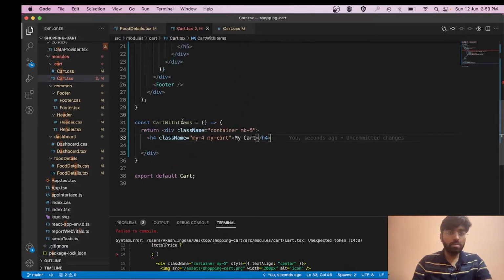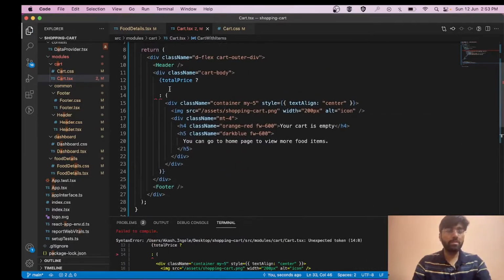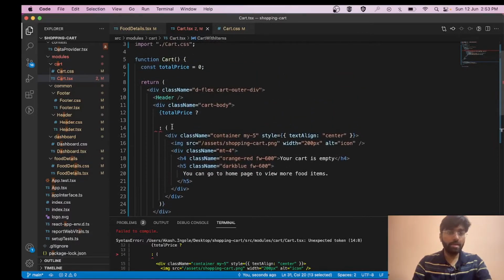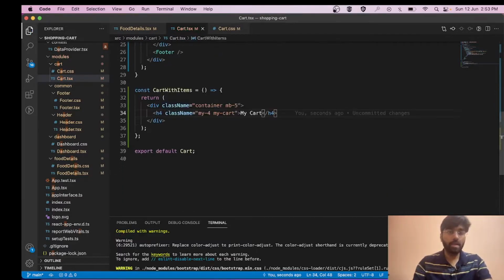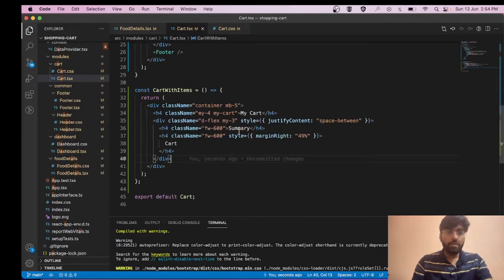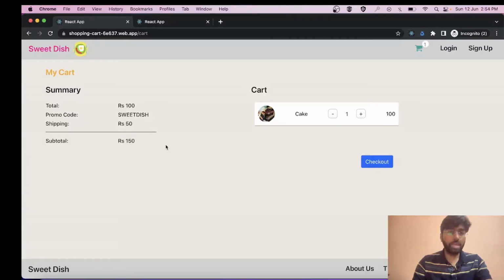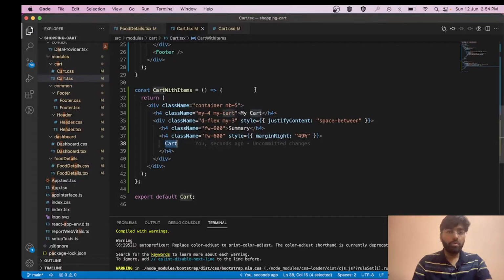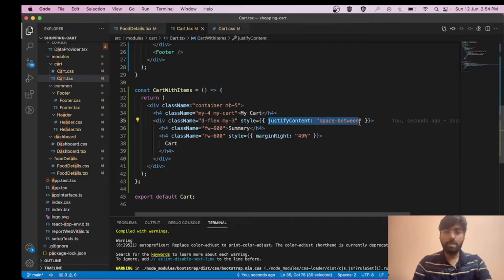This is showing an error because we need to add something over here. So let's go ahead and simply add this component. Yeah. So friends, now let's code another div in which we have this summary and this cart. As I have shown you, this summary and this cart. We have simply created a div with display flex, and to make them apart we have given the property space between. Then we have this heading tag with summary and another one with cart. And this is the font weight of 600.